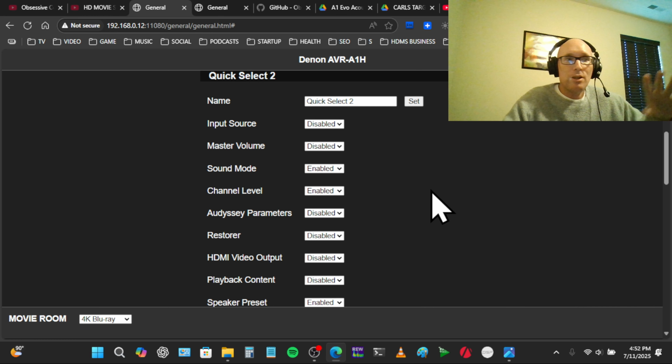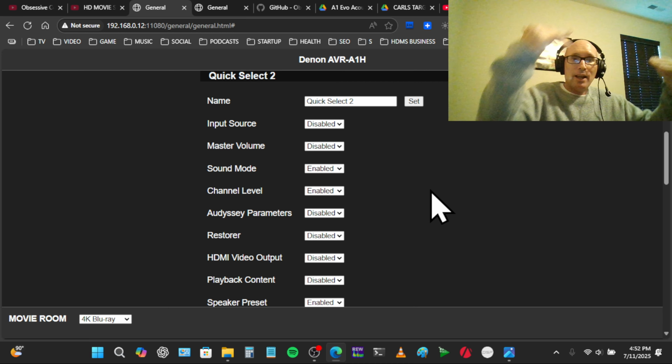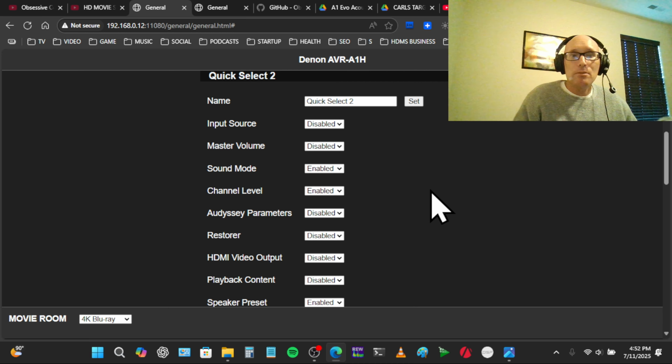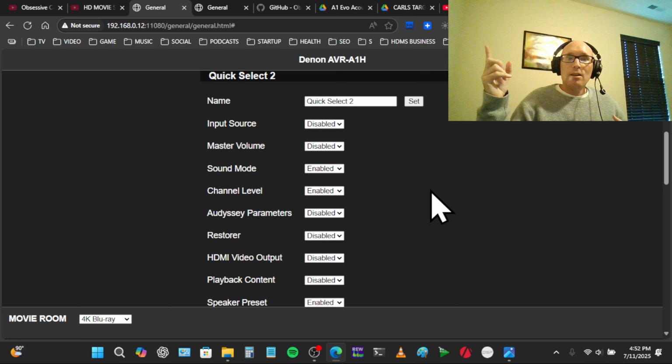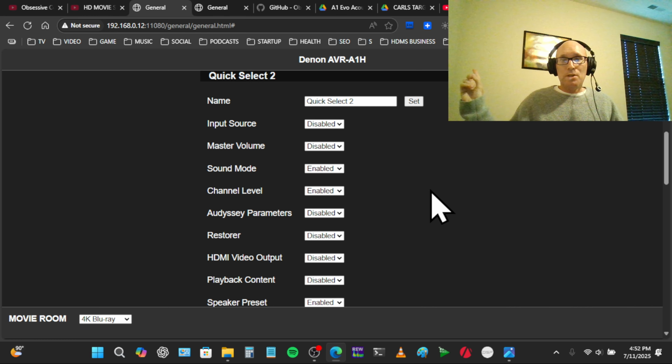Now the channel levels I've enabled as well, because what this does is it puts the channels back to 0 on the stereo left and right channels. Everything is that way. Now me personally, I use a rear surround ATMOS height bias of +4 dB. What that is, any speaker that is behind me has a +4 dB bias on it for surround sound music and for movies. The reason is because if you use the Spiers and Munsil demo disc,